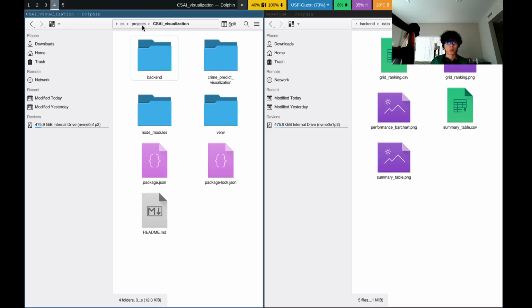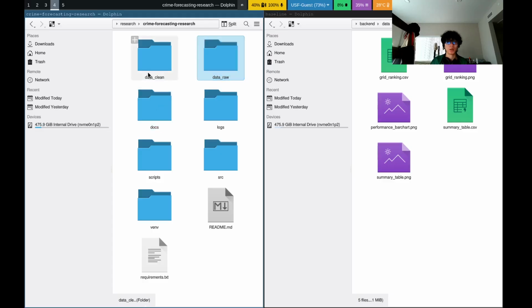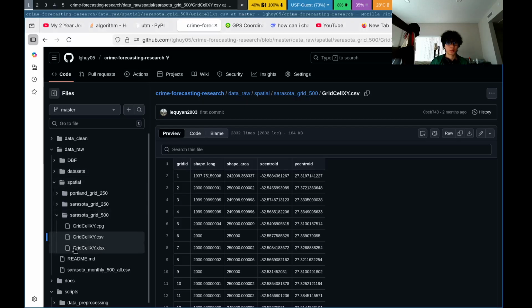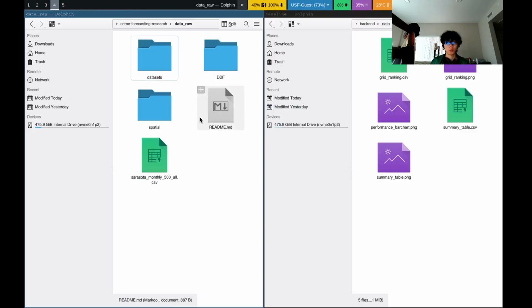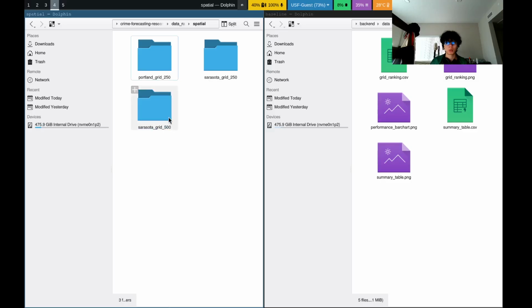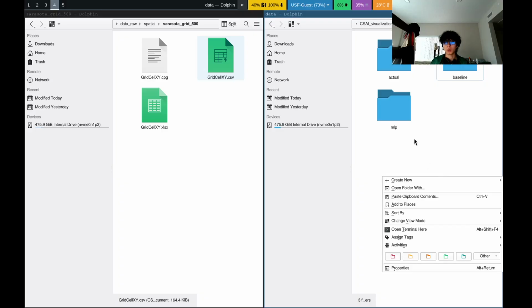So it's going to go back. It's going to go to research, in our data, spatial raw data. Raw spatial,